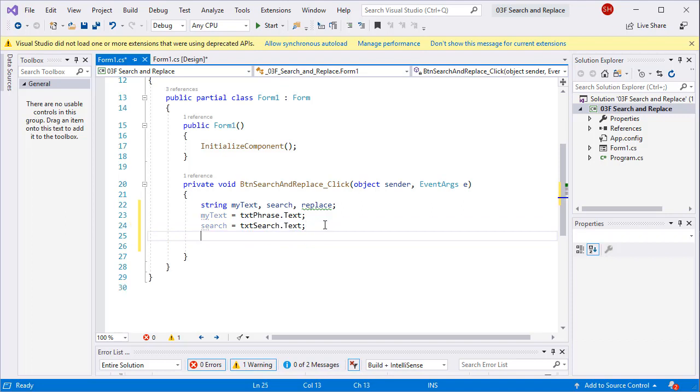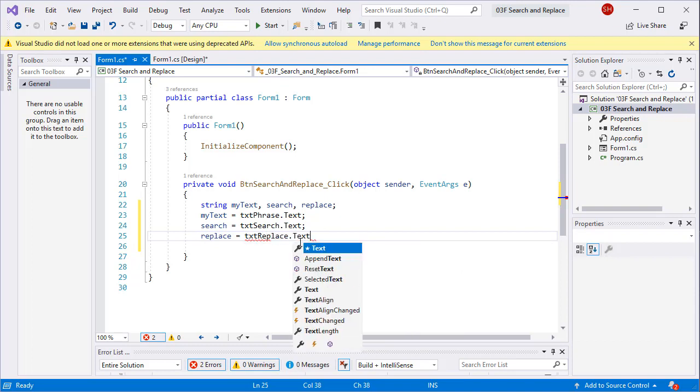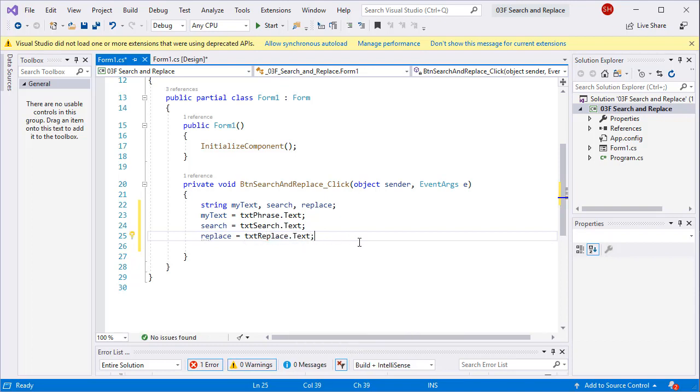We could have done this without using variables. We could just refer to the text properties. It gives us some practice using variables, but also I think we'll make our other code a little bit simpler. And then finally, replace will equal txt replace.text. So first of all, I want to make sure that our search string is in the myText. So I'm going to do another variable. I'm going to call it LOC for location. It's going to be an integer